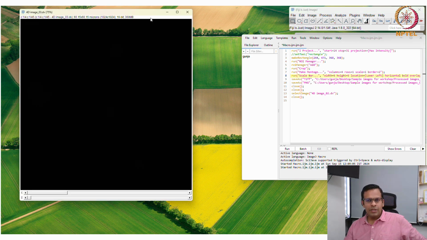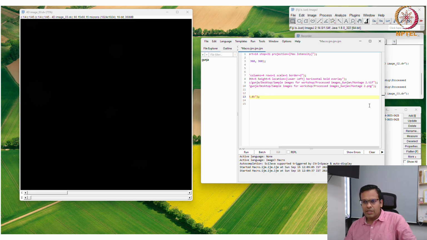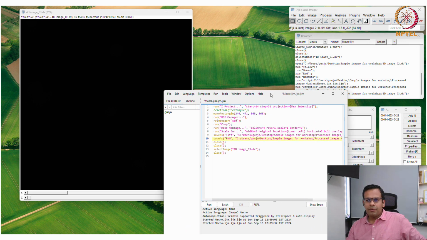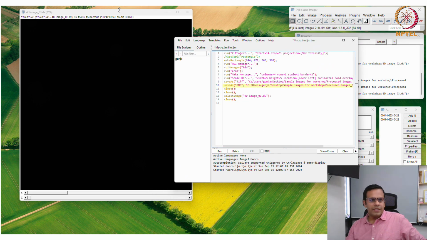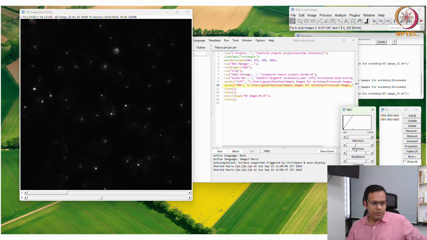So this image is open, and what I need to change here is the file name, 4D image 03, and the output file will be montage3. Okay, and I have to manually adjust the brightness and contrast for each channel. So I'll go to the middle of the Z section, and I will adjust the brightness and contrast for each channel.